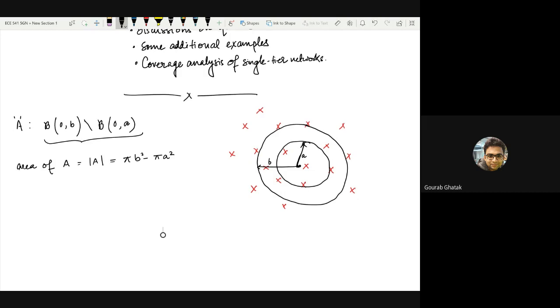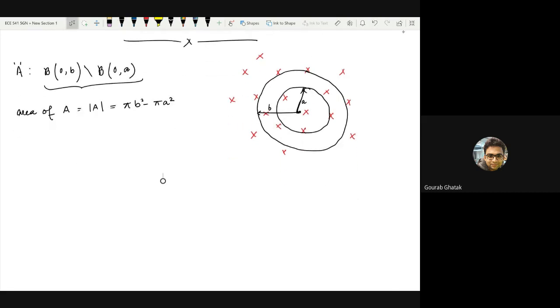And the first part, I think almost all of you have done it correctly, which is that the average number of points lying inside of this annular region is simply lambda times mod of A, which is lambda times pi times B square minus A square. If you have used the formula directly, I have given you marks. If you have tried to derive it, that's also fine. But you must always remember where it is coming from, right?